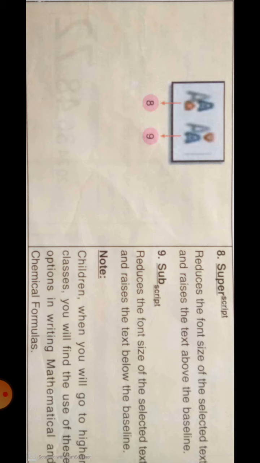Tool 9, subscript. Reduces the size of font of the selected text and lowers the text below the baseline. These options are used in the mathematical and chemical formulas.